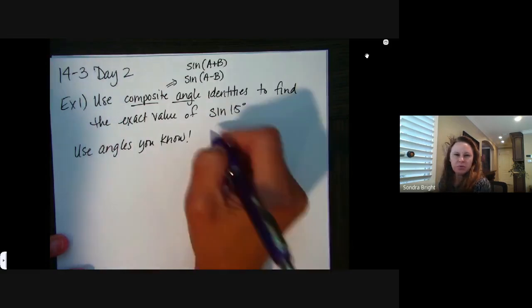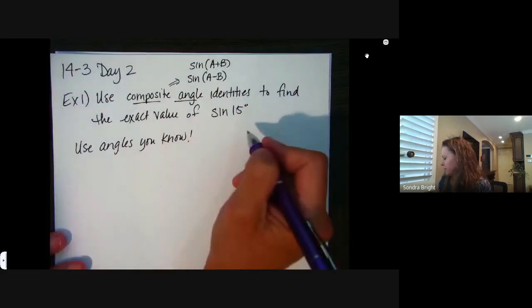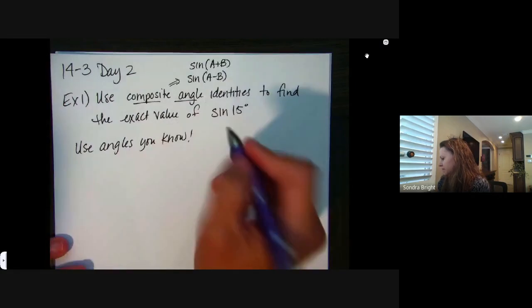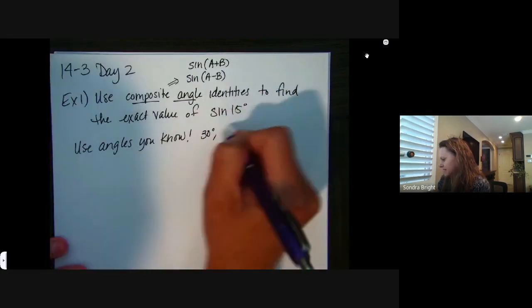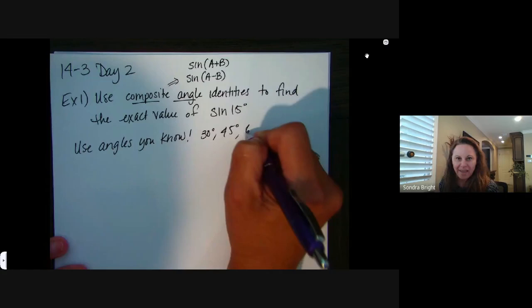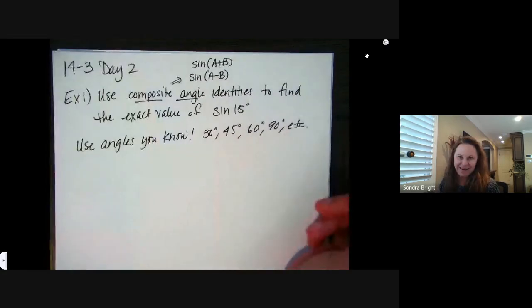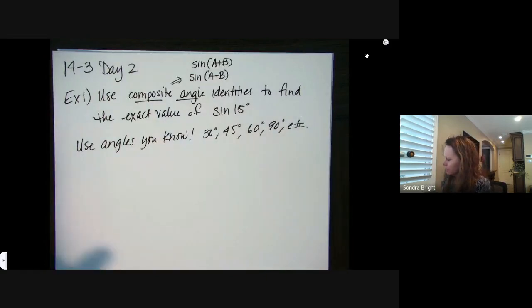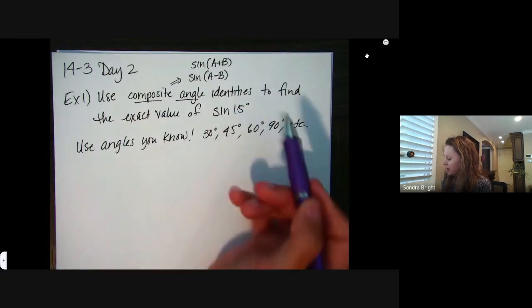Like, you do know 0 degrees, but that's not going to help us, right? But 30 degrees, 45 degrees, 60 degrees, 90 degrees, 120, 135, 150, 180, all of those are ones that you have values memorized. So if I want sine of 15 degrees and I need to use these angles I know,